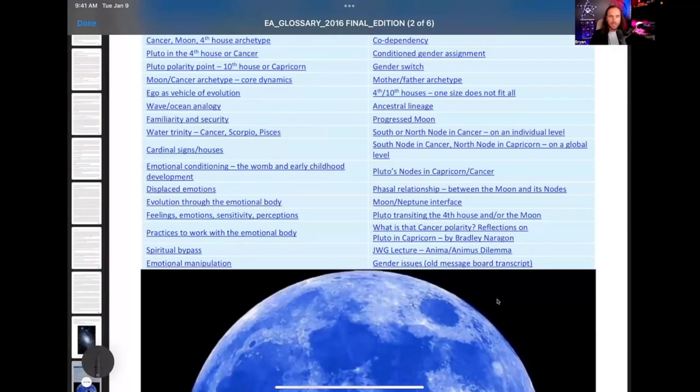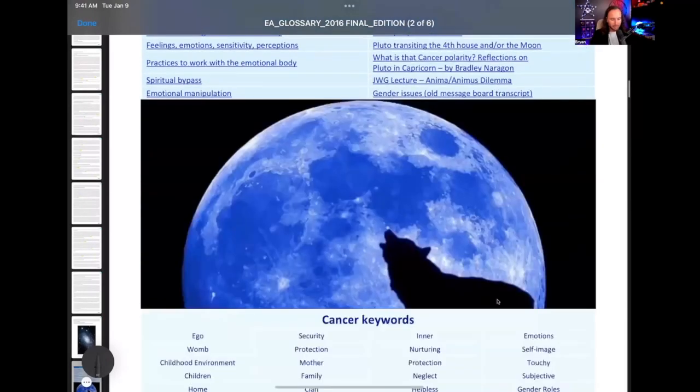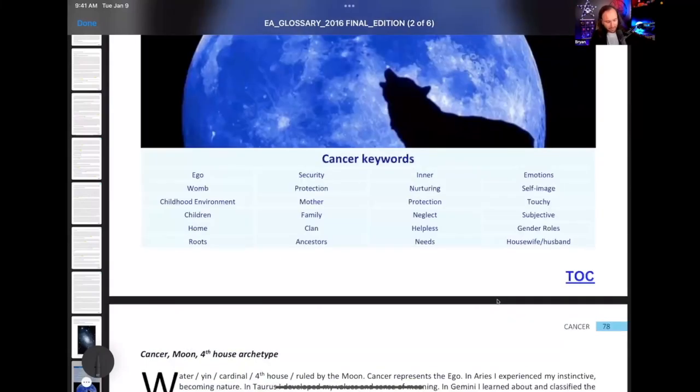Can rule, of course, our emotions. This is definitely a lot about our feelings. The moon is our personal life. The moon changes constantly. So even though it is in rulership of a cardinal sign, Cancer, it's always changing, and our emotions change fast. The moon changes signs every 2.5 days, goes around the earth in 28.5 days. So there is this